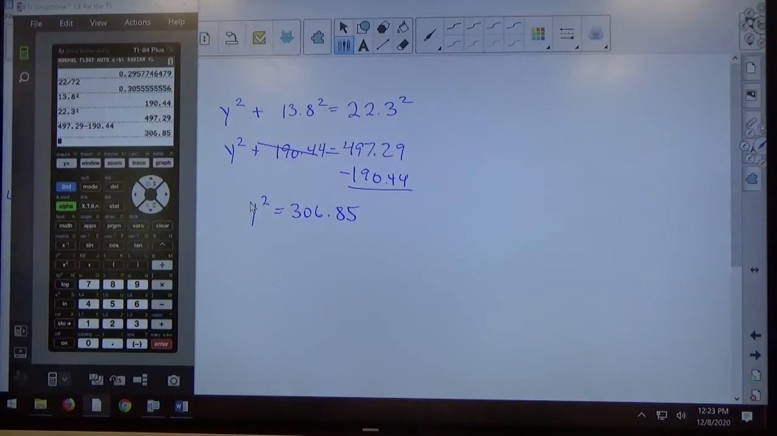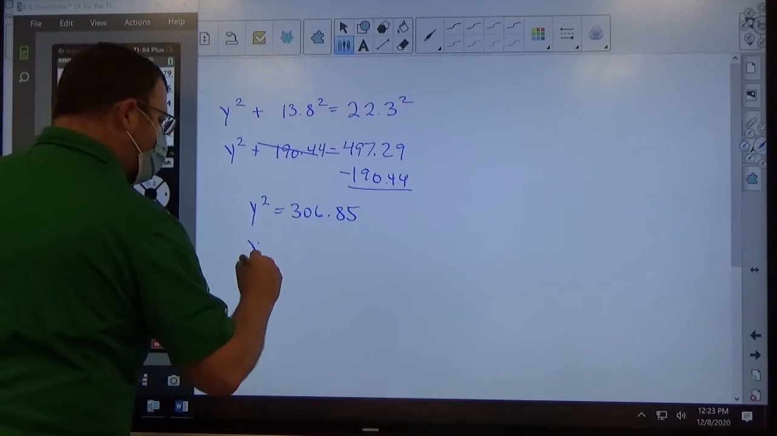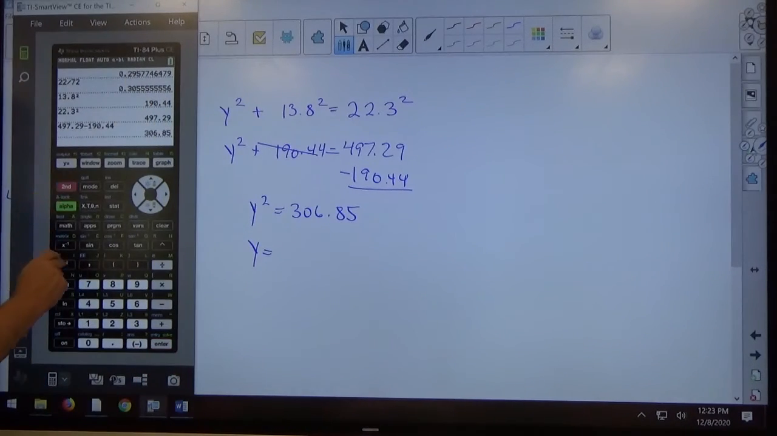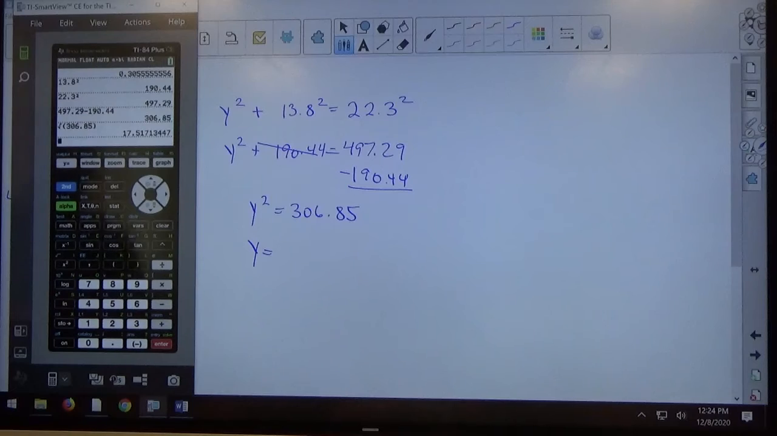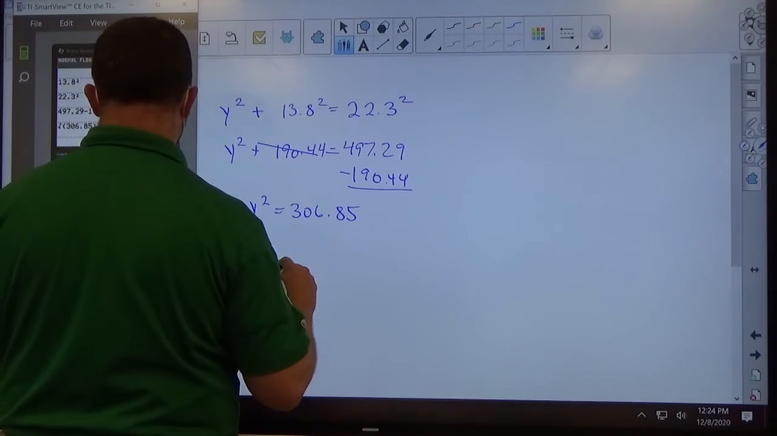Once you get it down to y squared equals a number, whatever the unknown is squared equals a number, you take the square root to get the answer. So the square root of 306.85 is 17.517